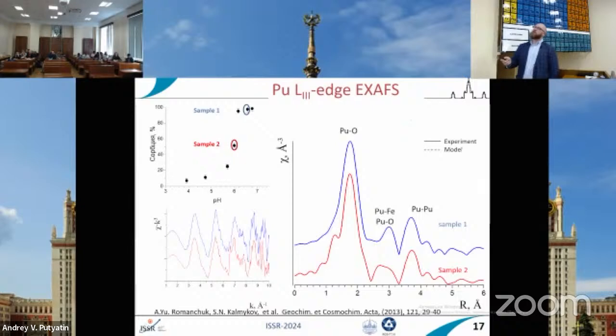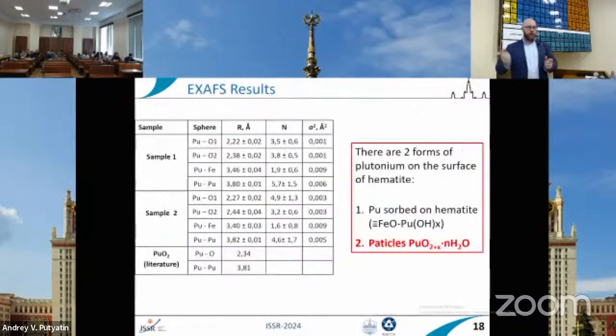So two samples were taken after sorption for analysis by X-ray absorption spectroscopy. And you can clearly see that it is not only plutonium bonds with the oxygen on the surface of the particles, but also there is a clear identification of the plutonium-plutonium interactions. But what does it mean if you have the plutonium-plutonium interactions? That means that they are located quite close to each other, and this is possible if you have plutonium dioxide particles